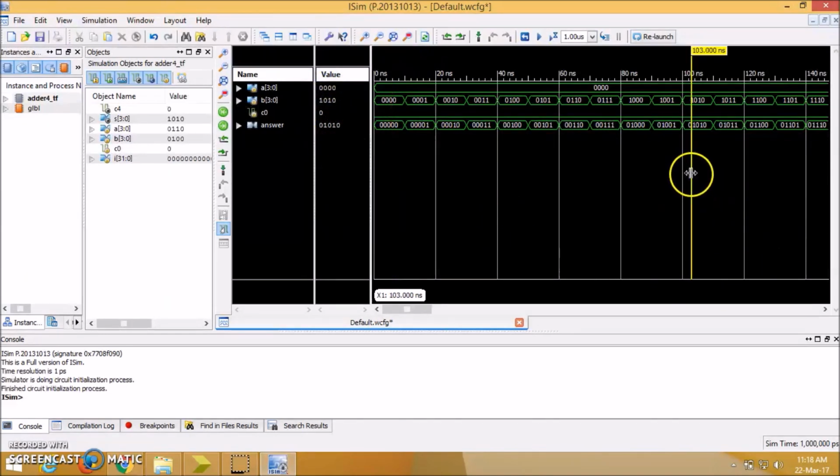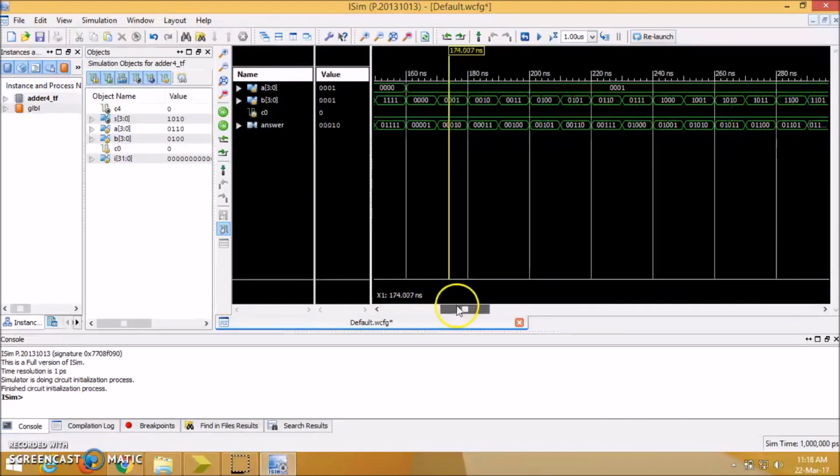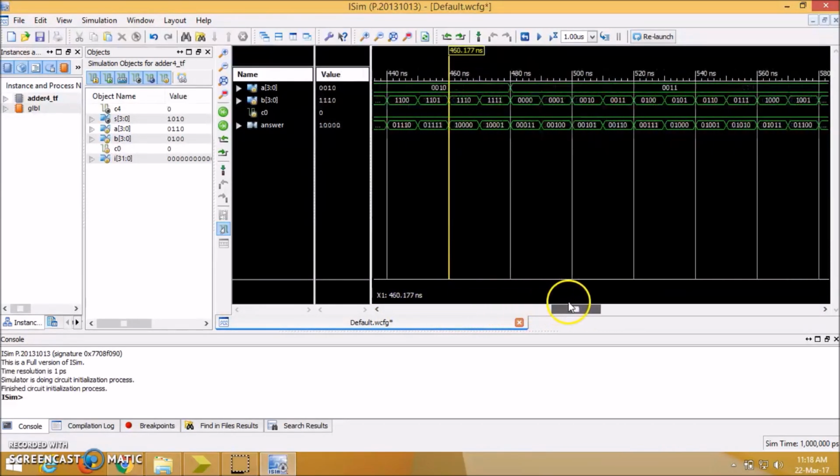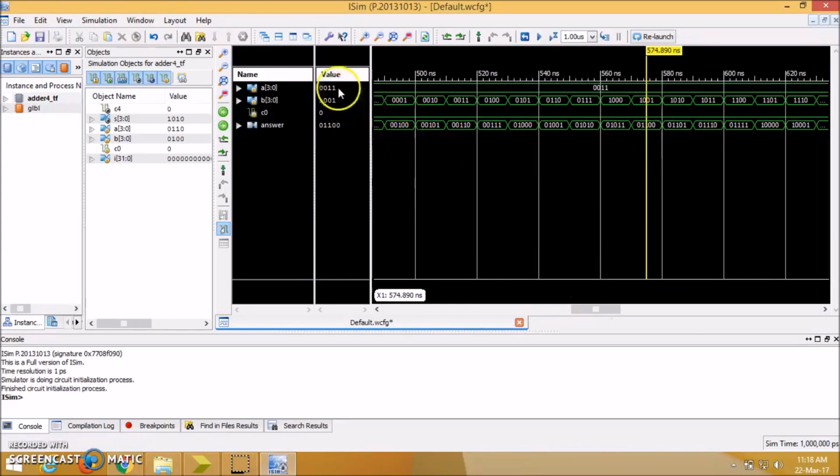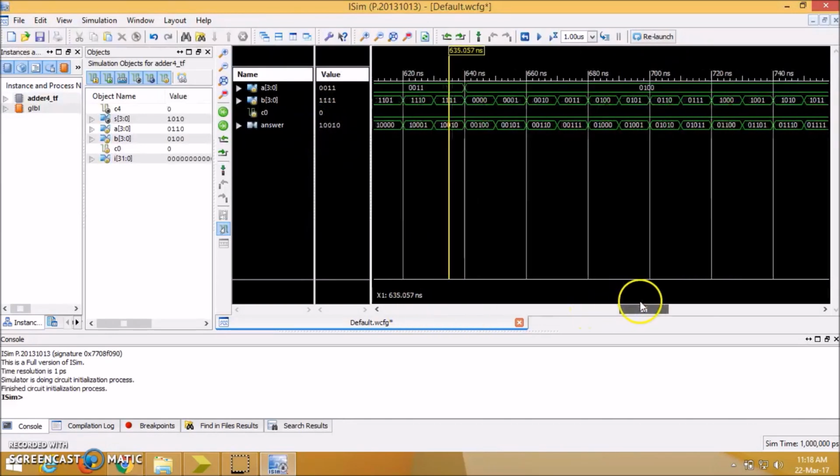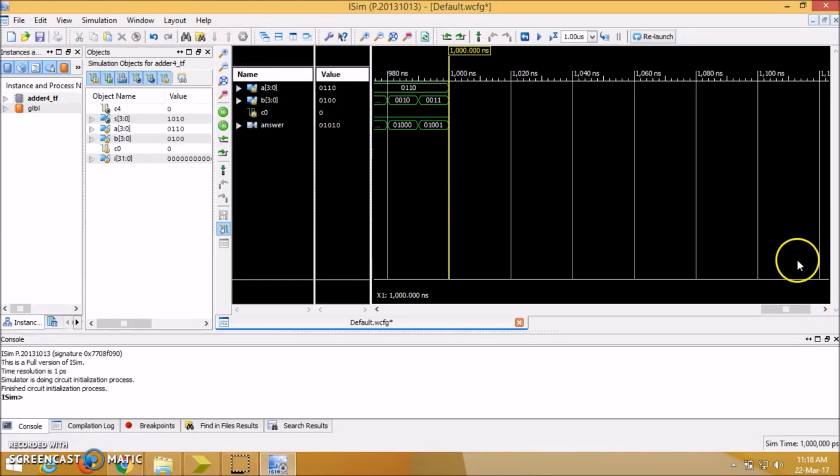And then let's go further, for example, here. So you have A equals to 3, B equals to 9. So 3 plus 9 plus 0 equals to 12. So 12 in binary is 0, 1, 1, 0, 0. And maybe you can check the final answer, which is